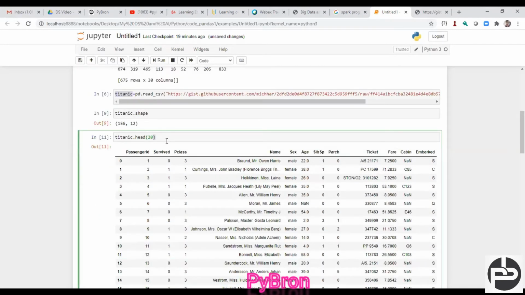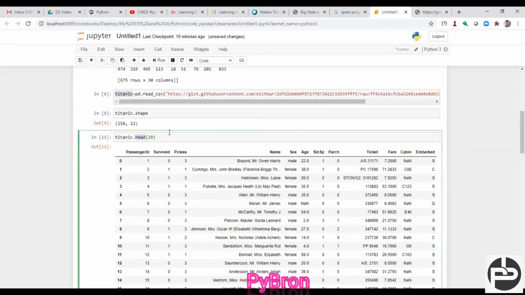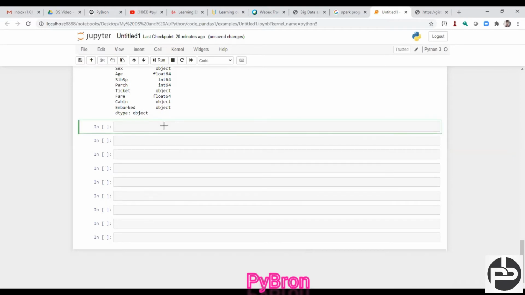This is one approach, but it is not recommended, because ultimately you are loading the complete data, whether 156 rows or 1 million, into Titanic, and then calling head on top of that. So you are loading the complete data into your RAM and not utilizing your memory well. What you can do in this case is call pd dot option dot display dot max row equal to 10. This argument will give only 10 rows, whatever data is present over the cloud. Let me show you how it is working.